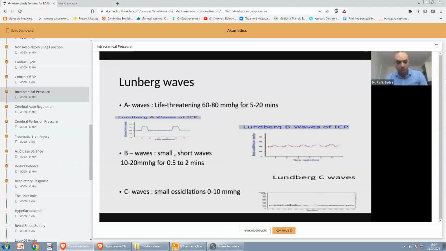The Lundberg B wave of the ICP, as you can see, has less amplitude. It is a small, short wave, with an amplitude of just 10 to 20 millimeters of mercury, and it persists for only half a minute up to a couple of minutes. The last are the C waves, which are literally very small oscillations. You can see it on the bottom right of the screen, and the amplitude is just between 0 and 10 millimeters of mercury. So you can be asked about the Lundberg waves. What are the